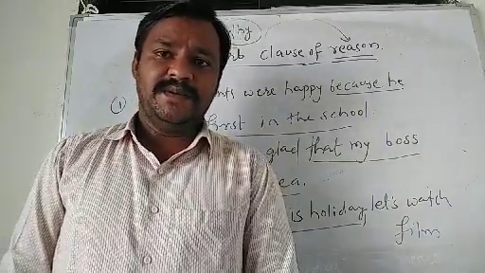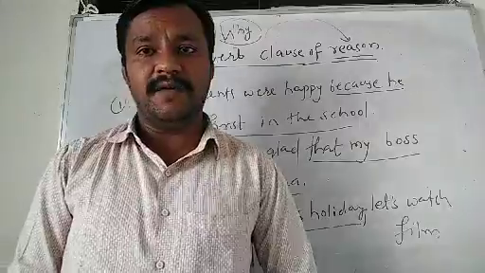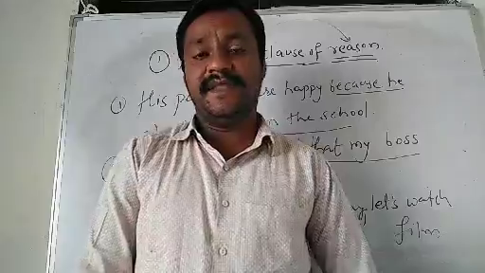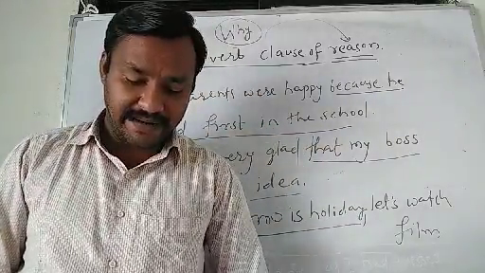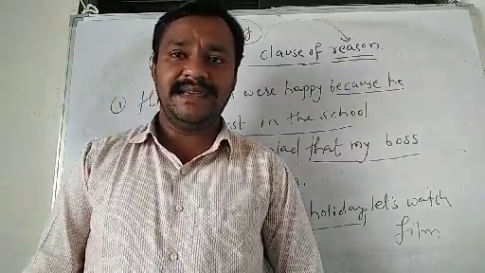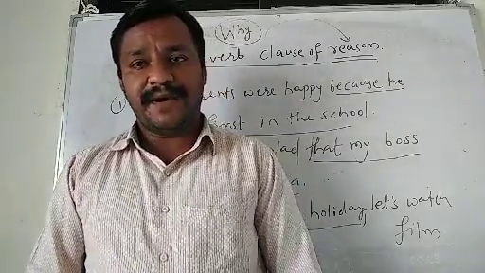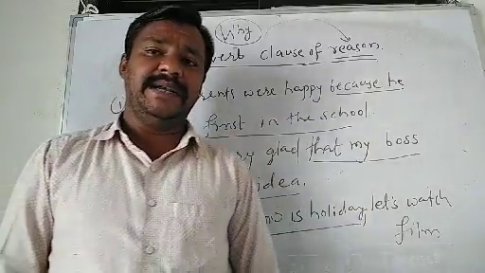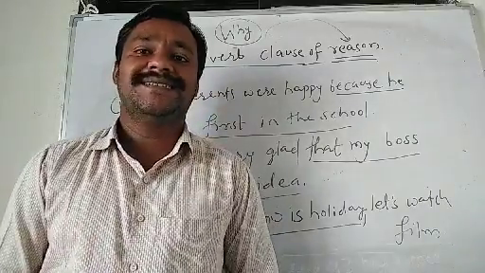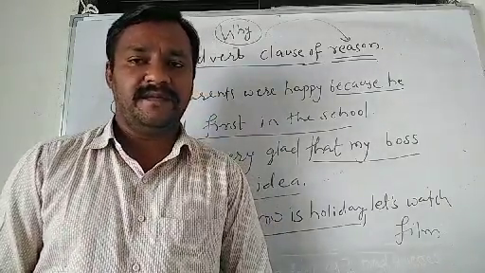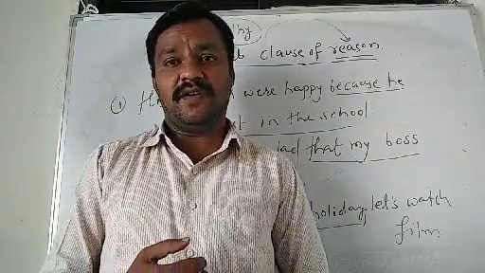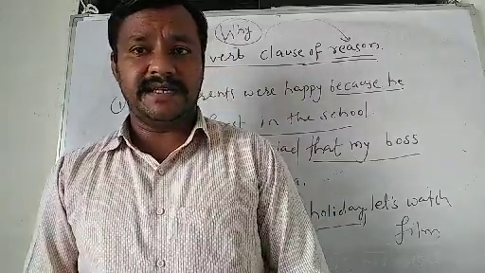So in today's session we have discussed what is a clause. A clause is a part of a larger sentence. Then a clause is divided into main and subordinate clause, and we have started discussing the types of subordinate clause. Subordinate clause is divided into three types: first, adverb clause, second, adjective clause, and third, noun clause. And today we have discussed adverb clause of time, adverb clause of place, and adverb clause of reason.